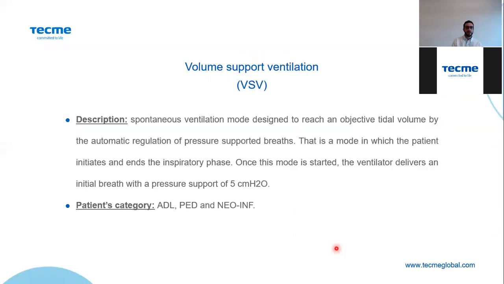Next ventilatory mode is volume support ventilation, or VSV. This ventilatory mode is a spontaneous ventilation mode designed to reach an objective or target tidal volume by the automatic regulation of spontaneous pressure support breathing. So it's like a mix between PSV and PRVC, okay? In fact, it's like PRVC, but